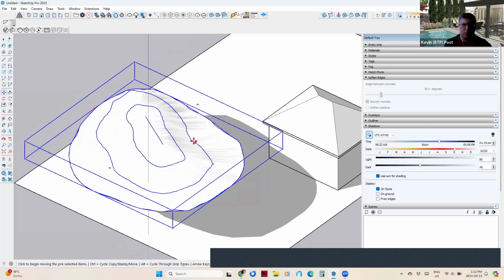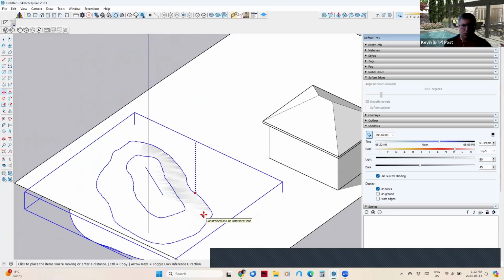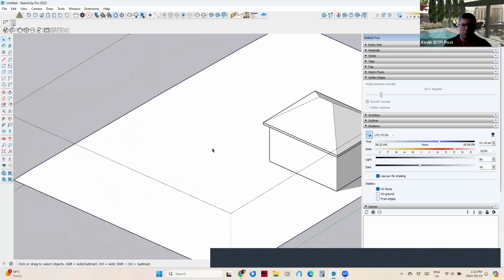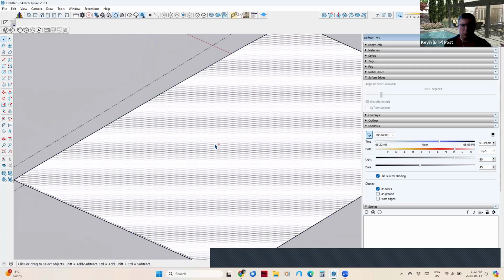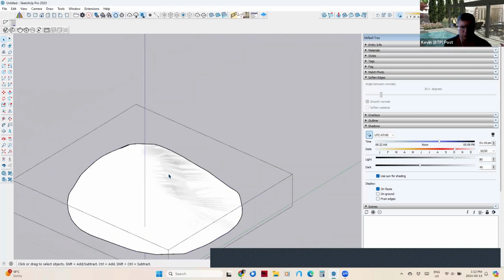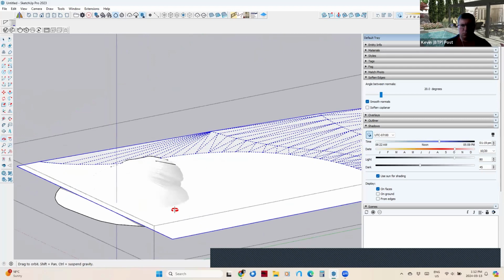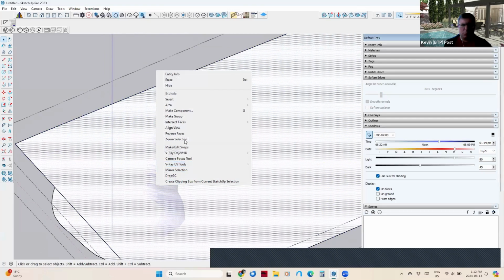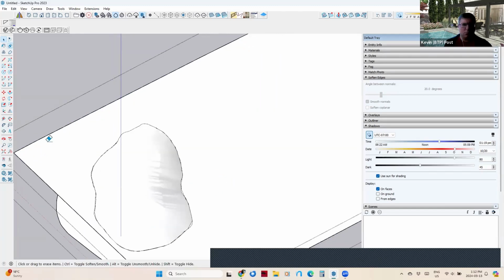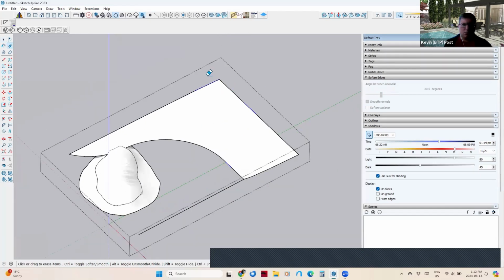So the next step is to position and clean up the berm a little bit. So I've taken the berm and placed it onto the terrain model. Now what I'm doing here is copying my terrain model. So Control C, then I'm pasting in place, either Edit, Paste in Place, or Shift V as we set up in the class. Select all the items there, both the topography and the berm, and right click and